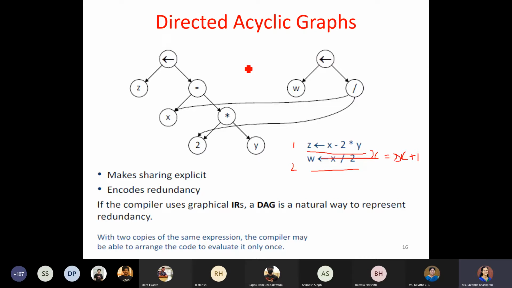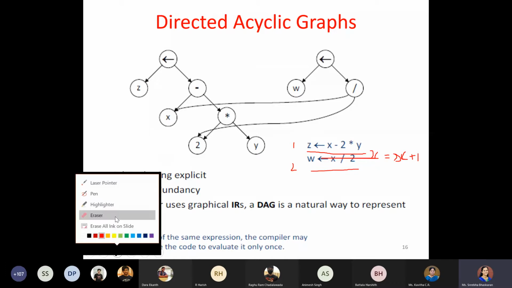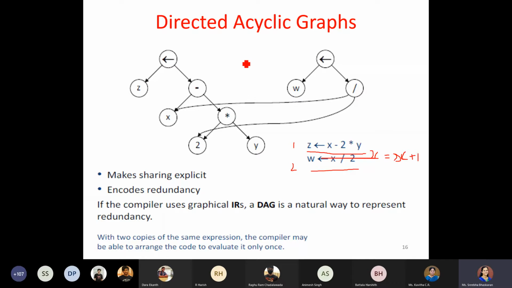So once this is done, I will have another node x, an arrow operator which is equal to part, this one, and initially I would be taking this x.